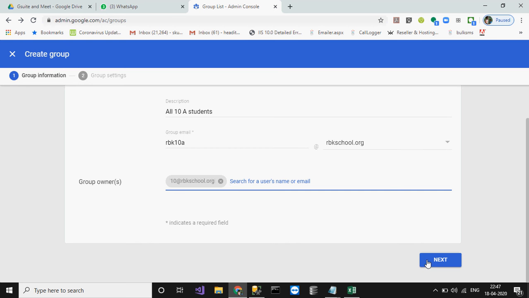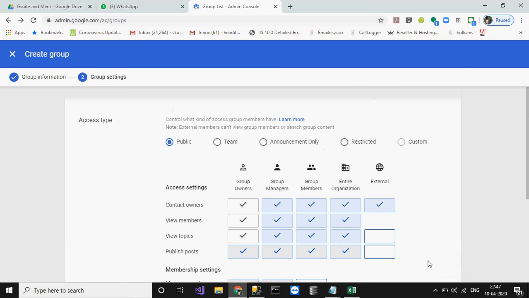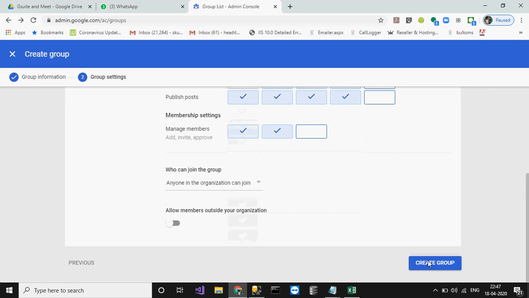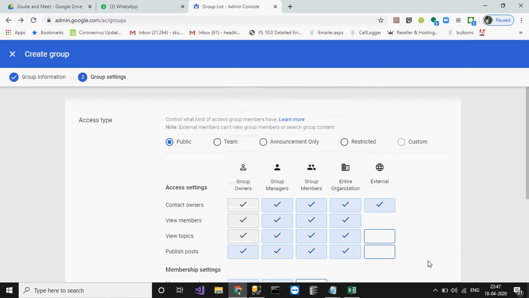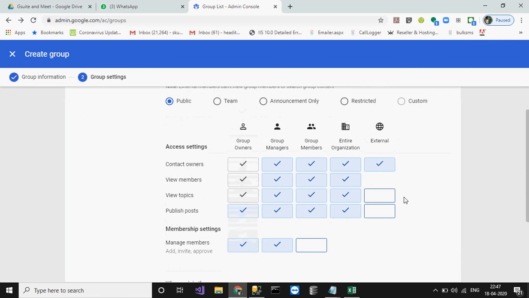Now click on next. Here these access settings are here: who can access this group, who can comment on this group, who can post on this group, who can receive the emails on this group. All those settings are here.